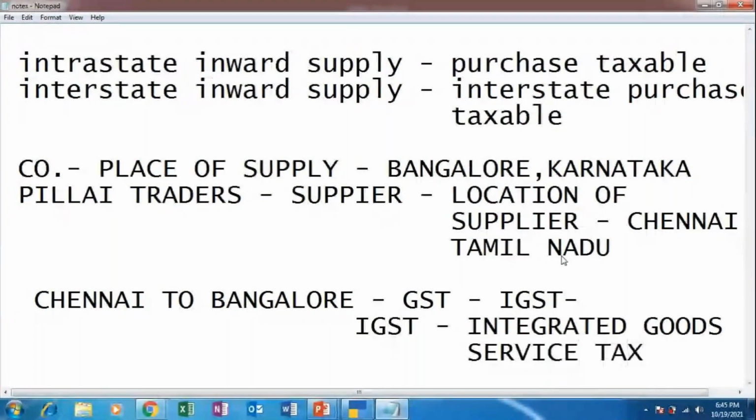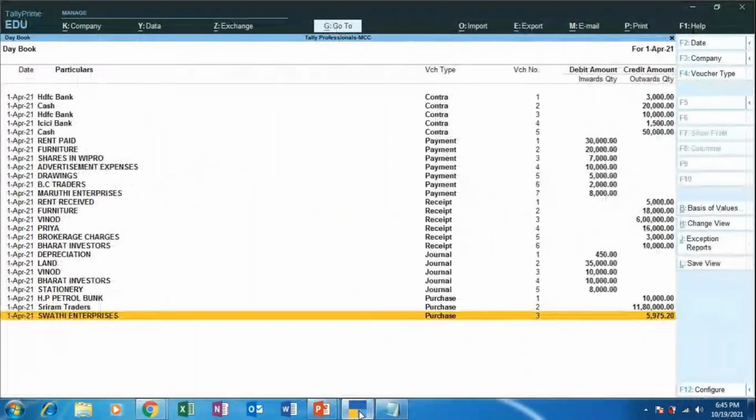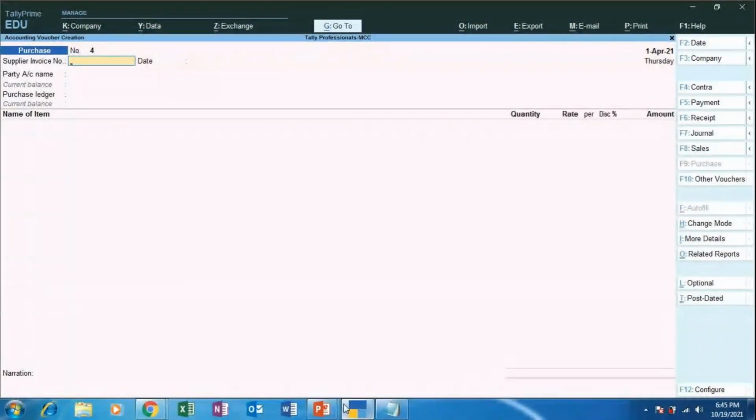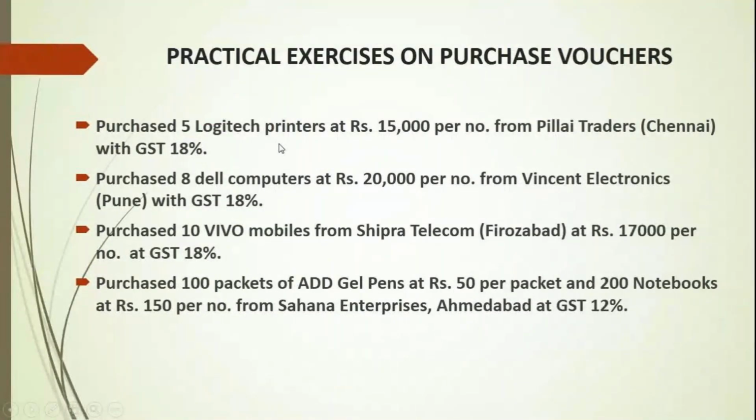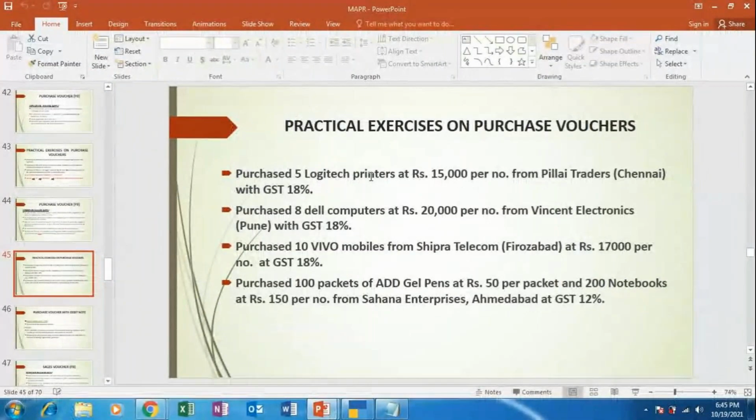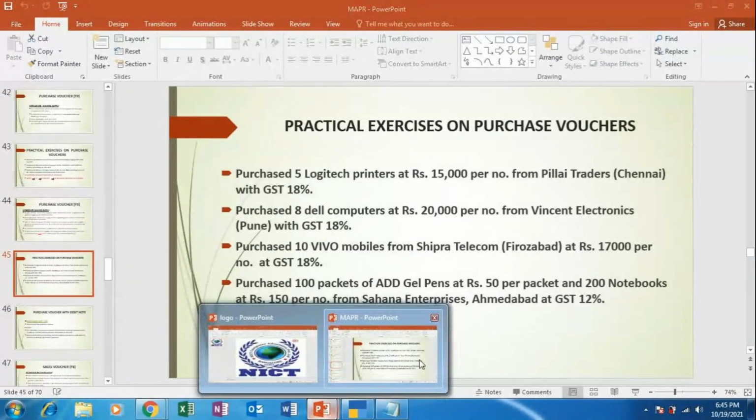Yes. So this is the way it happens. Is that fine? Goods and Services Tax. Now let's go and pass the entries. Here we have for Pillai Traders: purchase 5 Logitech printers at 15,000 per number from Pillai Traders, and the tax is 18% GST. So we have to go back to the Tally screen